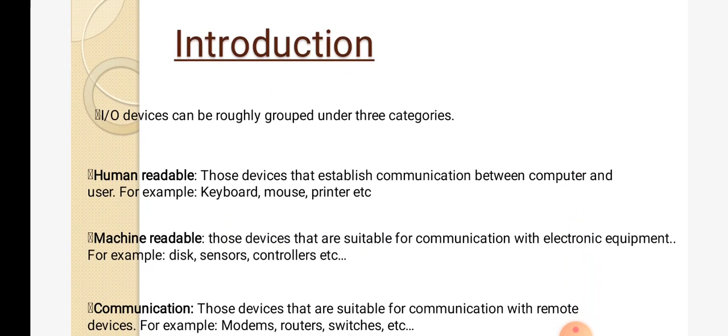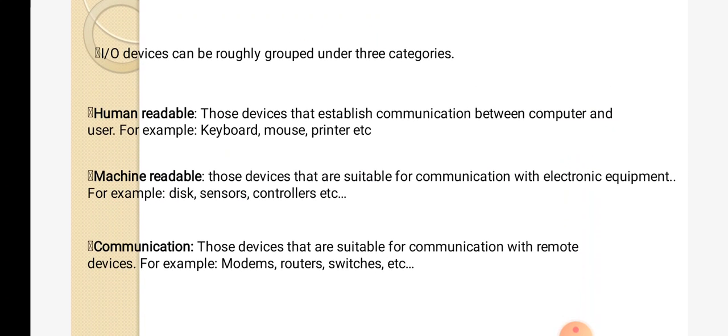Now to understand device management. I/O devices can be roughly grouped under three categories. First one, human readable. Second one, machine readable. And third one, communication. You should not confuse these with the three techniques: dedicated, shared and virtual.